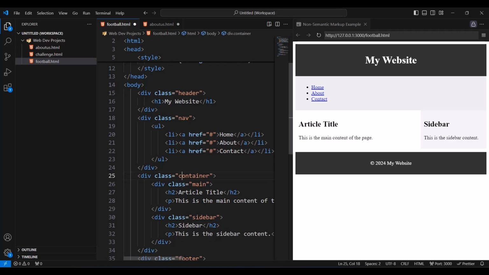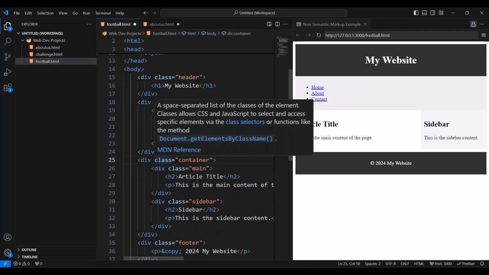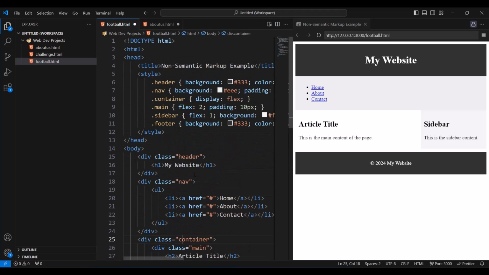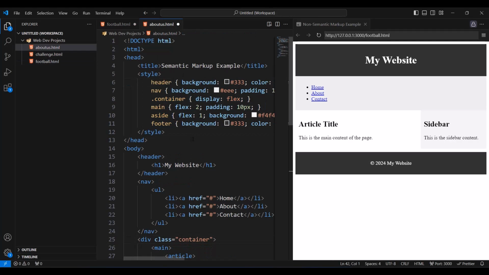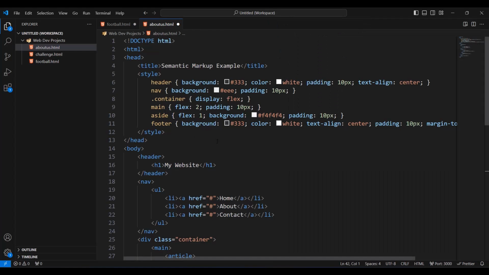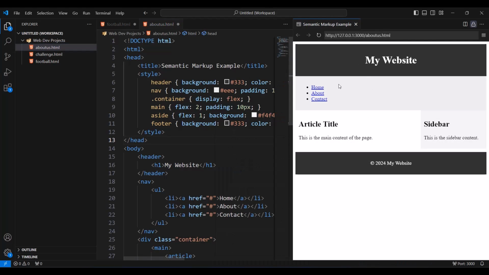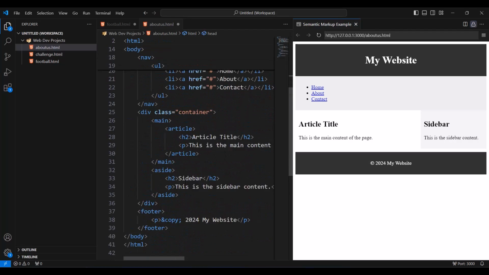But I decided to show you those because I want to make clear what is the difference between non-semantic markup and semantic markup. So this is why I have this attribute here, class, and we're going to see what all of those are later in the course. There is much to learn. So now let's look at this page. If I close this and show preview now on the semantic page, semantic markup, it's exactly the same. So nothing is changed, nothing.